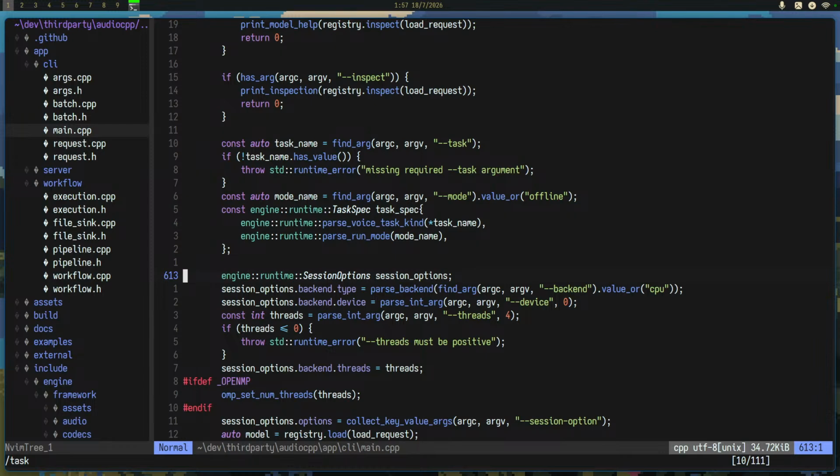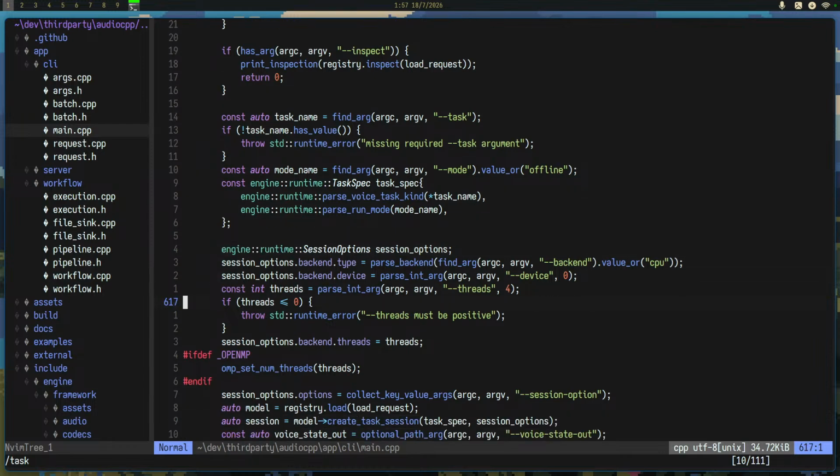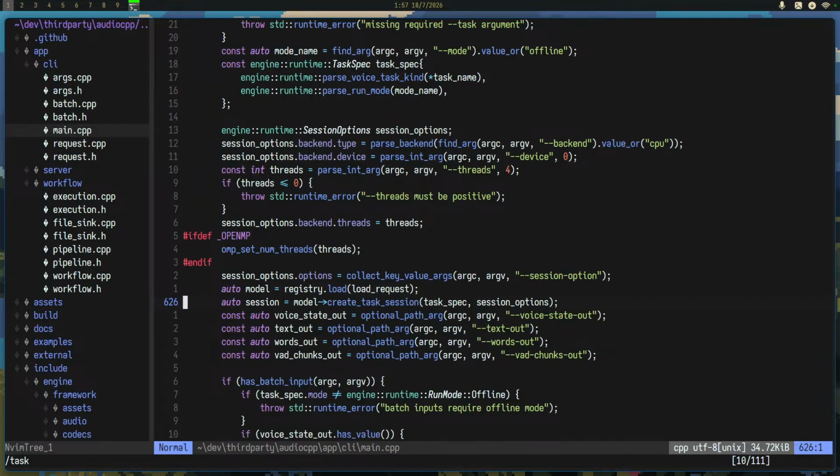So create a session options. So we create a task session.